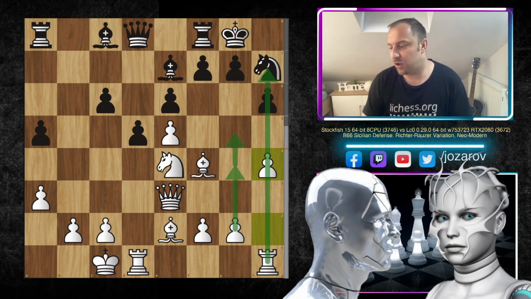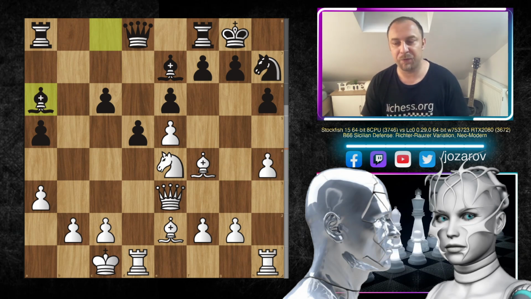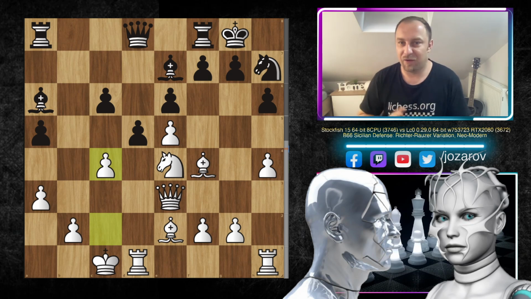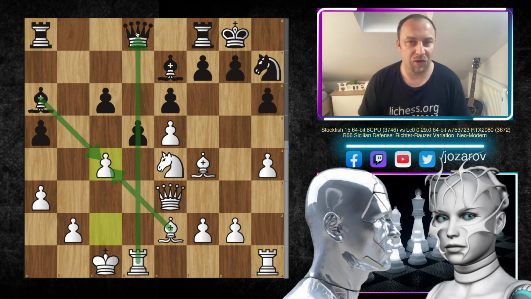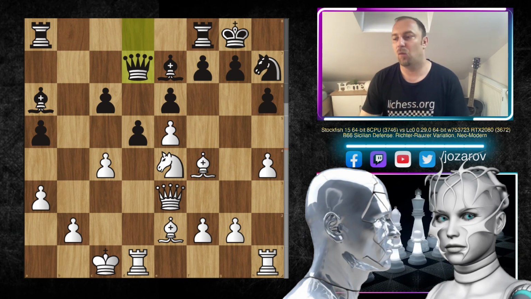So here in the continuation, we have bishop to a6. So this is now the idea, to trade off the bishops, but again, Stockfish is not allowing. Stockfish is saying you're not simplifying the game in this sequence. c4, of course, bishop to c4 is not working, bishop takes c4, the queen is hanging here on the d file. So here in the continuation, we have queen to d7, and here I ask myself the question, why is